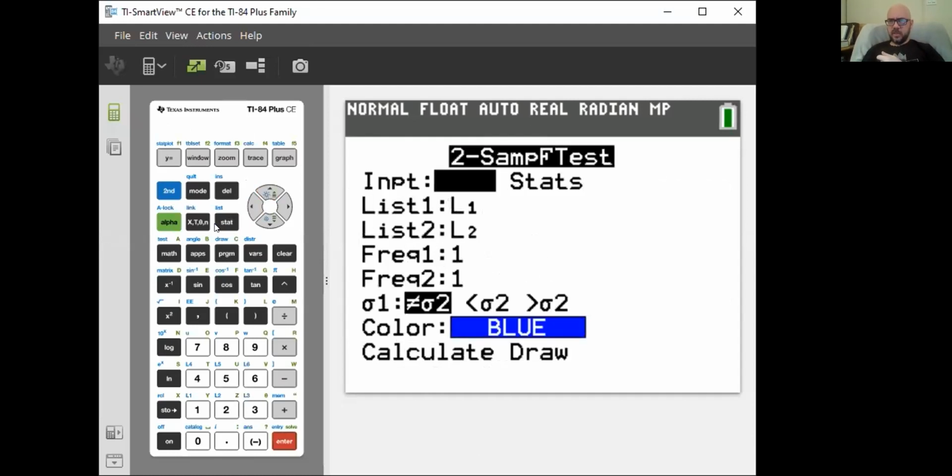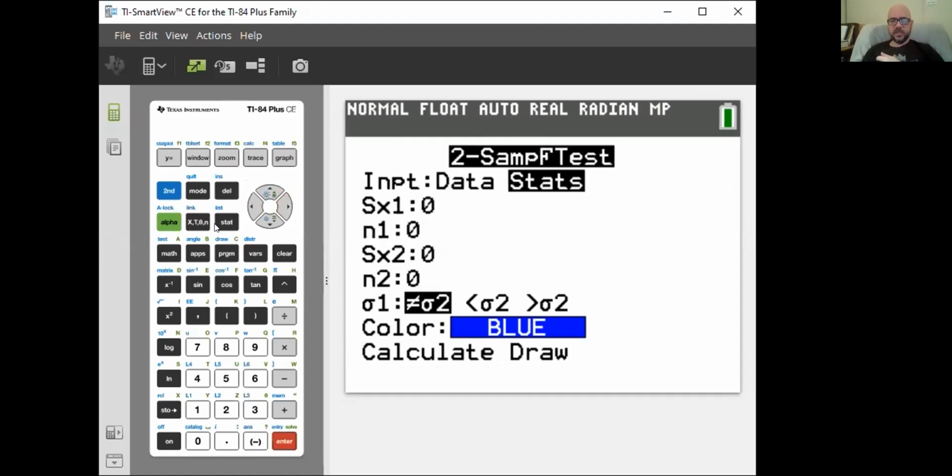So we have summary statistics, not raw data. One was the new machine, correct? So we're going to do, we said that was 0.026. N1 was 53. This was 0.038, and with a sample size of 48. And we were testing to see if sigma 1, the new machine, is smaller than the standard deviation for the old machine. Notice that when they're doing a two-sample F-test, they're stating everything in terms of standard deviations, which is